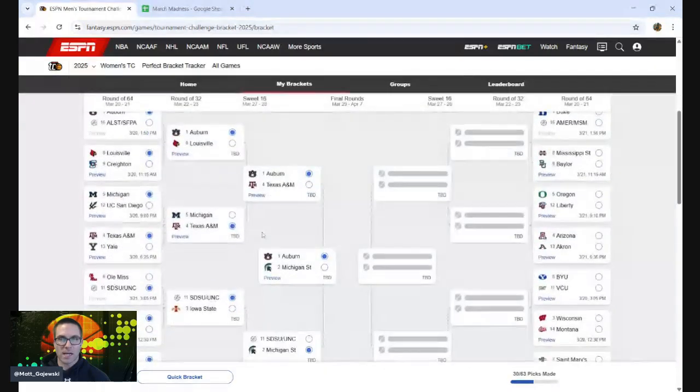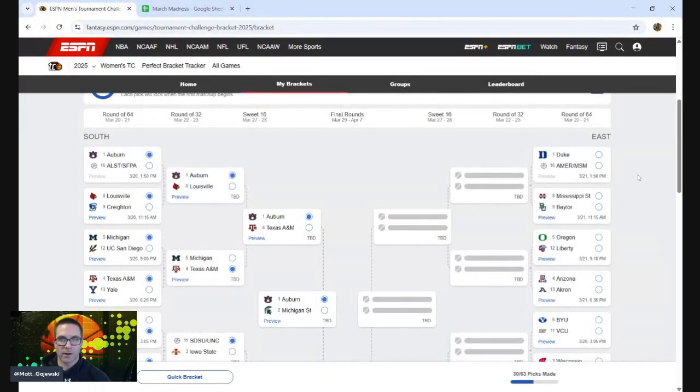We're going to go to the East now, where we have Duke taking on American and Mount St. Mary's. I guess to briefly give you the flowers for these conferences and these teams, American wins the Patriot League. They were the number 2 seed. They had to play Navy in the final after Bucknell got upset. And Mount St. Mary's,